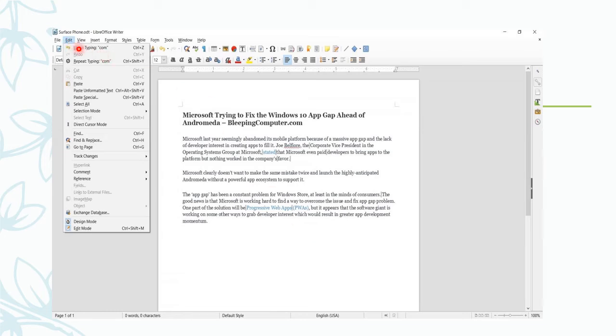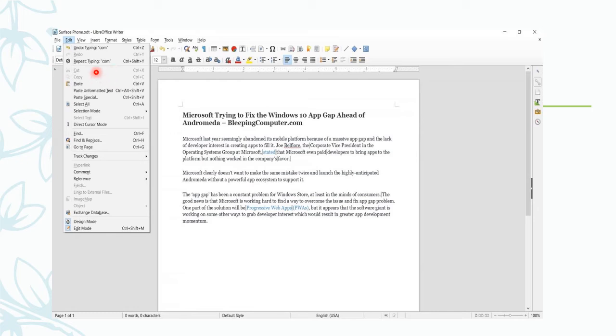So here go to the Edit menu. There you'll have lots and lots of lists listed here. The first one is Undo typing. If you want to change, you can change. It is showing. And Repeat typing. If you want to repeat that, you can have it.